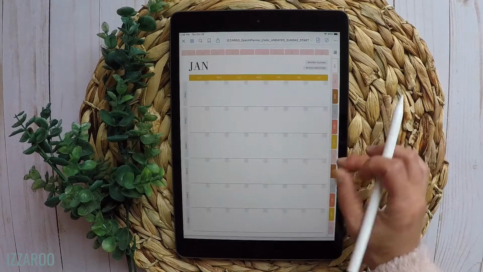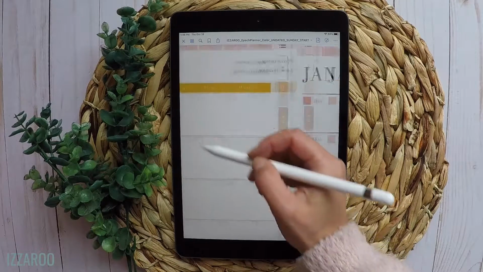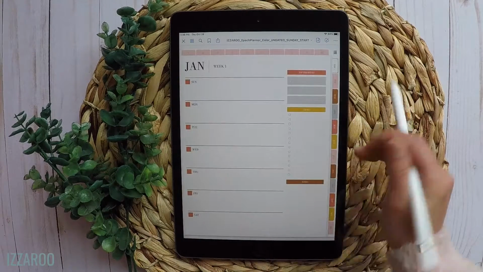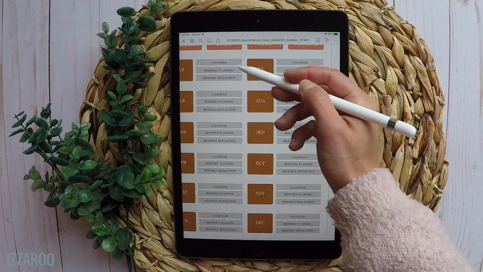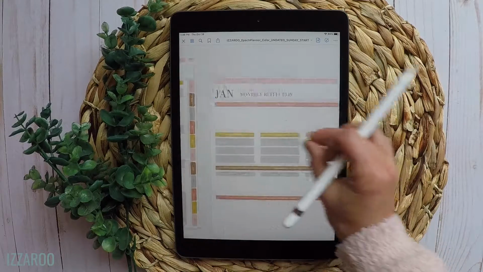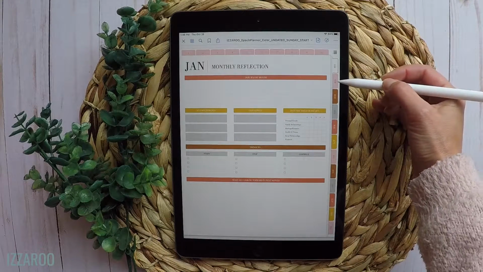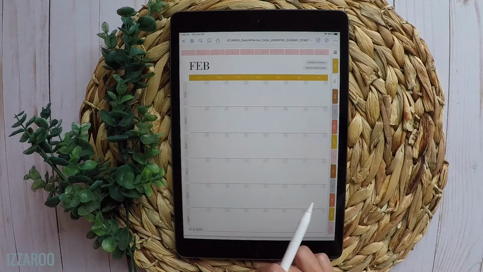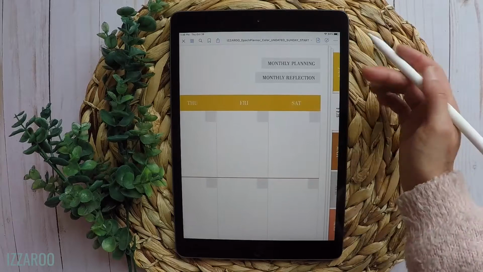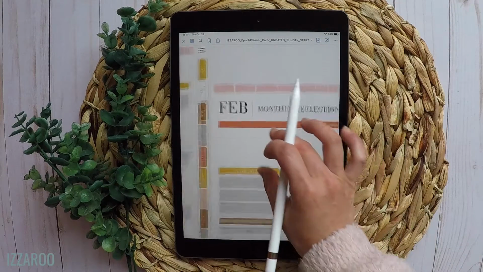On each of the calendar pages, you'll see these links on the left side to the weekly page. So that will give you easy access to each weekly page for you as you're planning your month. To really support you on your journey, I created monthly planning pages as well as monthly reflection pages. This is an example here. There are a couple pages that you can access these planning and reflection pages. On each month, you'll see them at the top of the calendar page as well as on the index page